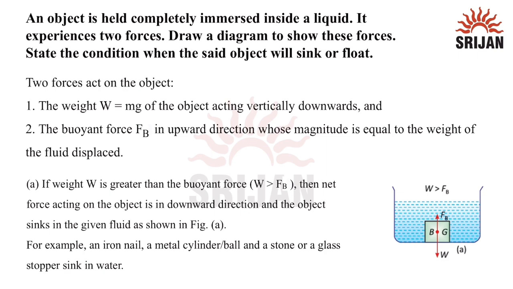Now, there are three conditions. First is when the object will sink. So when the weight force is greater than the upthrust force, that is, in this particular situation, the net force acting on the object will be in the downward direction and the object sinks in the given fluid. For example, an iron nail, a metal cylinder or a ball, a stone or a glass stopper sink in the